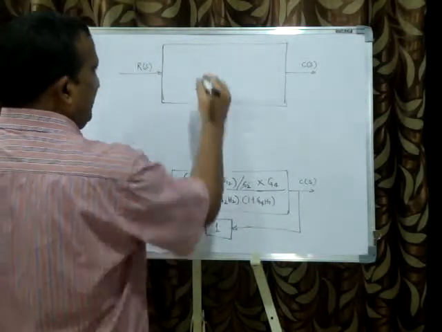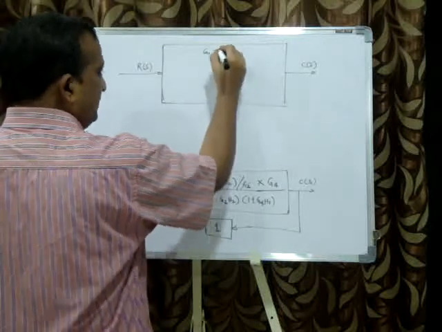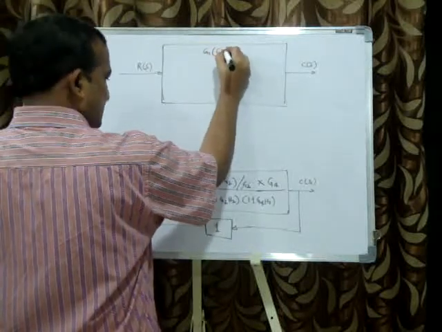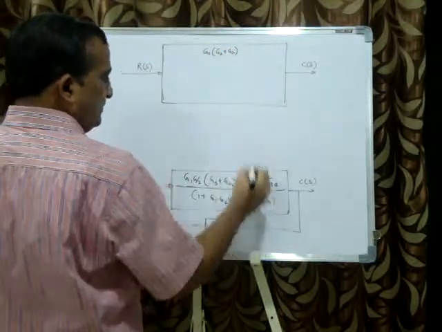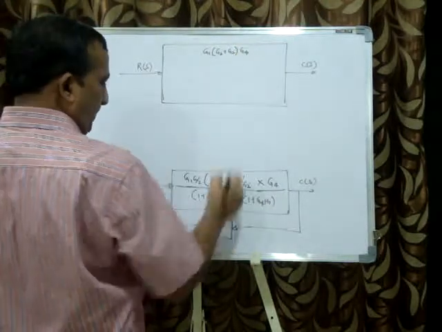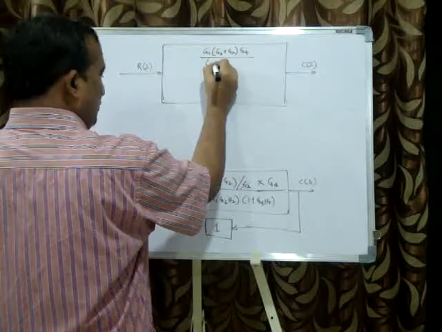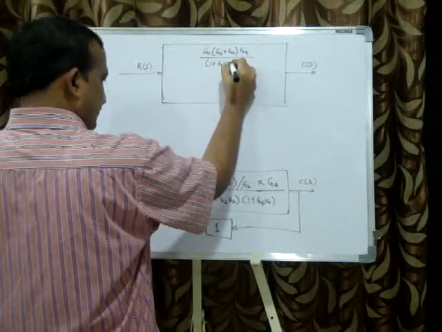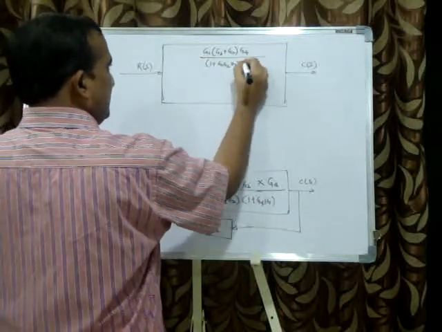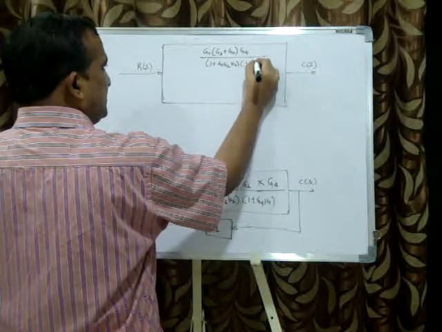So feed forward element G1 into bracket G3 plus G2 into G4 divided by 1 plus G1 G2 H2 into bracket 1 plus G4 H1